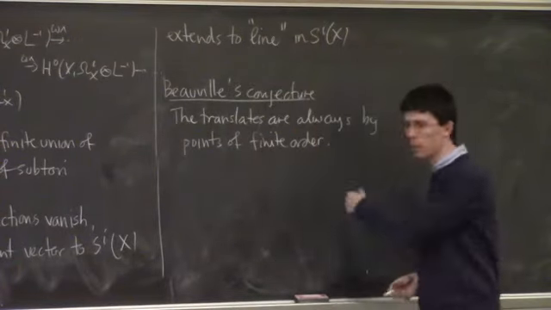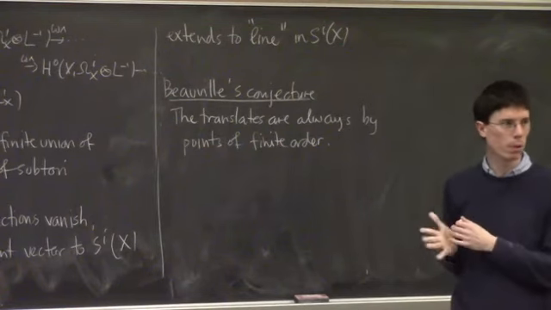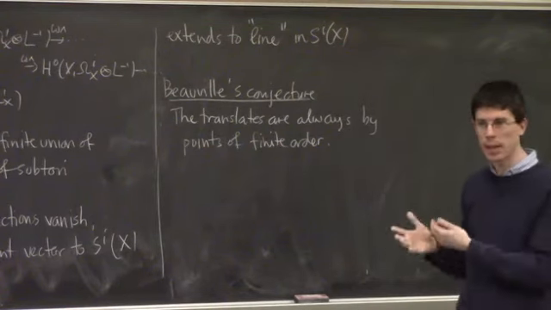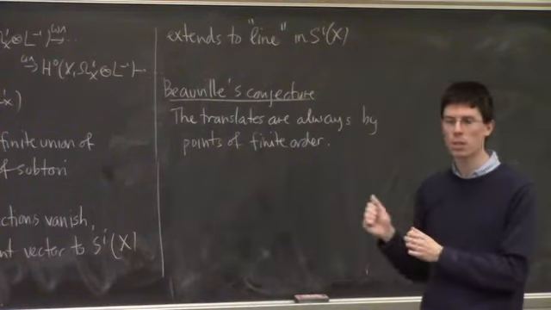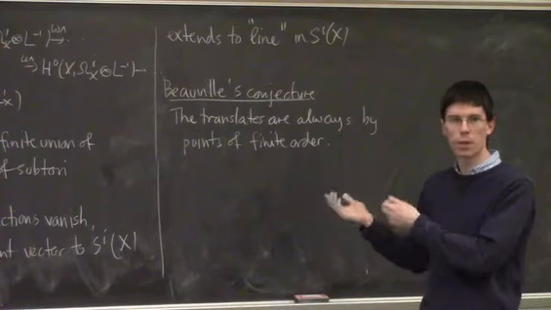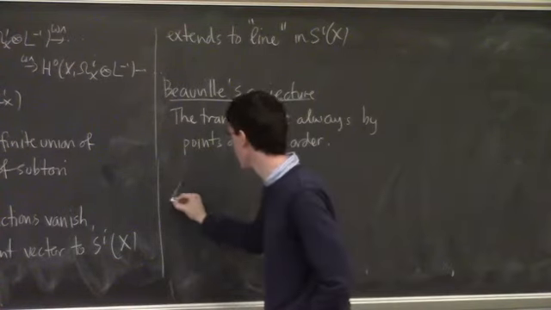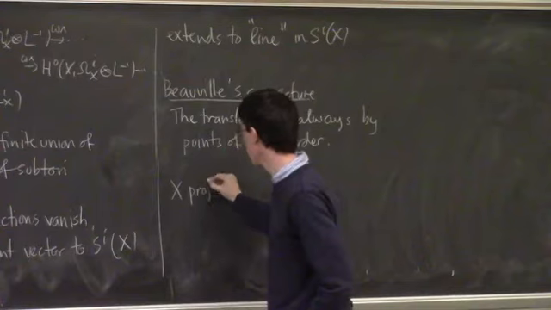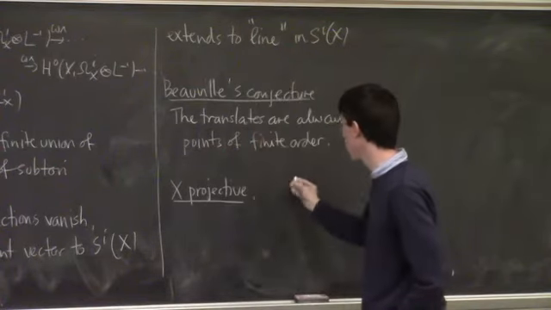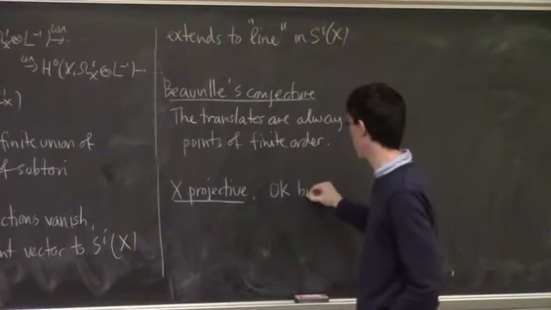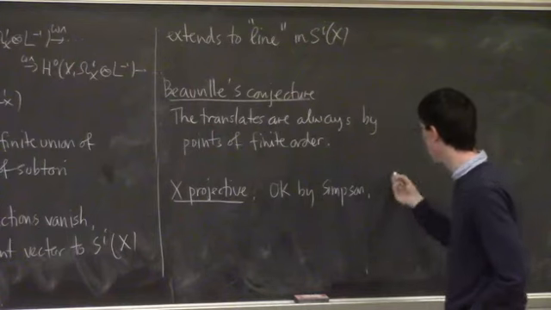And I mean, this conjecture was mostly based on this case of S1 that I just told you. I mean, Bourvil was one of the people who worked this out. And in that case, it turns out that even the extra points that are not explained geometrically, they're points of finite order. And so therefore, he thought it should be true. This is known in the case when X is projective. So in the case when X is projective, this is okay. And it's a theorem by Simpson, and then independently also